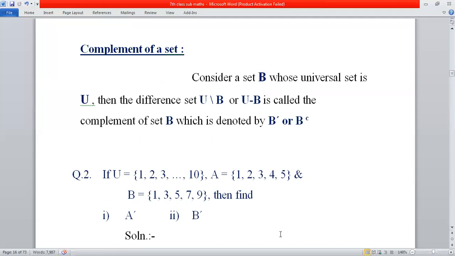In the same way, you have to find C complement and D complement. The universal set will be the same for all parts, 1, 2, 3 and 4. So here I solve part A and part B for you, and the third part, C complement, and the fourth part, D complement,